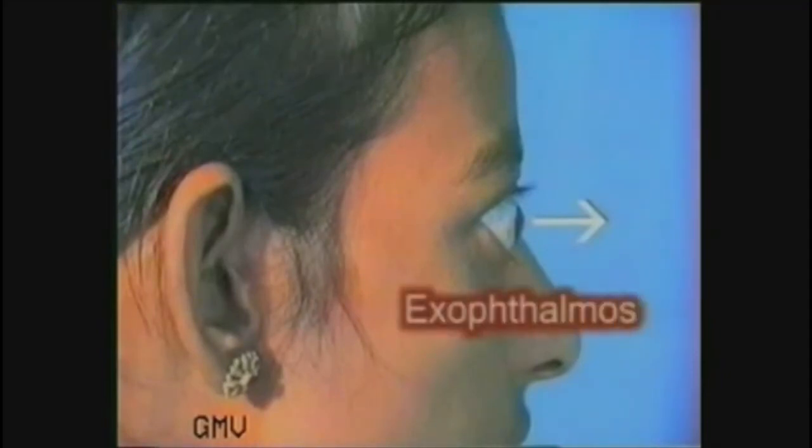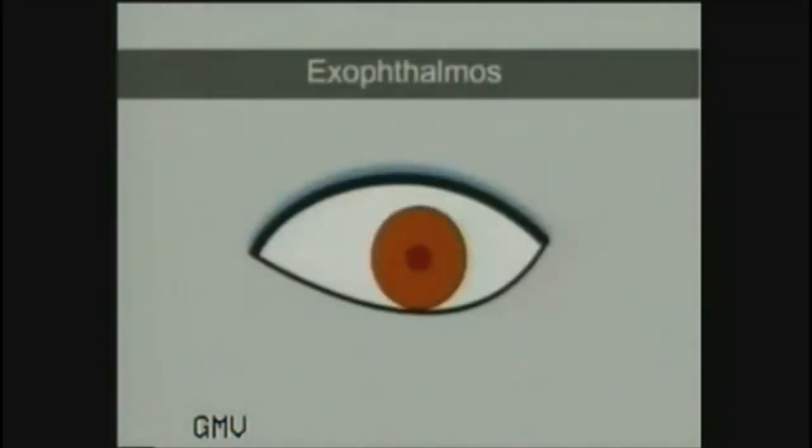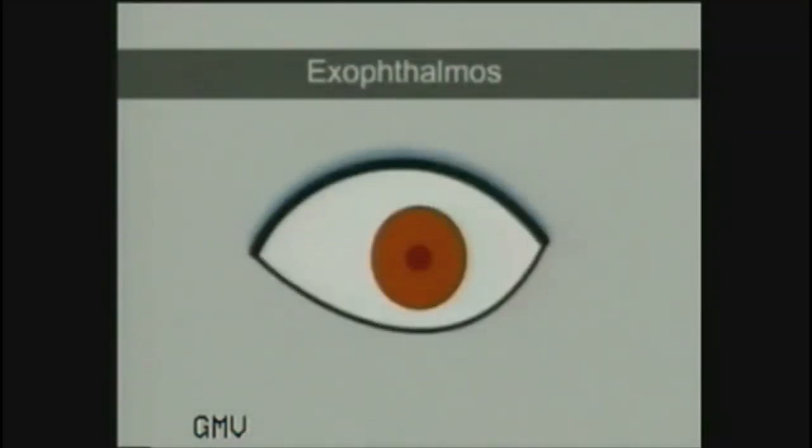With further progress of thyrotoxicosis, there is actual bulging of the eyeballs due to retroorbital edema and fat deposition. This is termed exophthalmos. Ask the patient to stare horizontally forwards, and a strip of white sclera is visible between the inferior limbus and the lower eyelid. This has nothing to do with the upper lid retraction, and it is due to actual forward bulging of the eyeball, that is, exophthalmos.